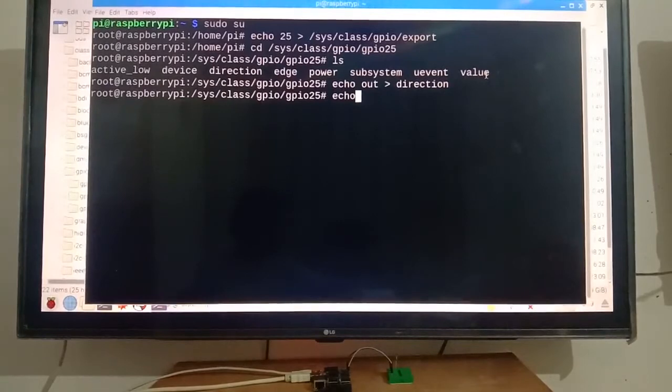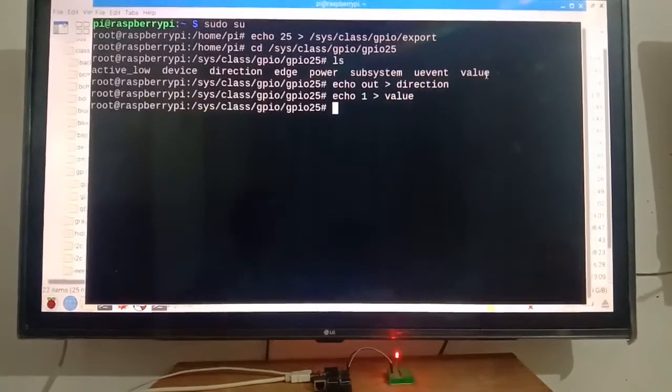So echo 1, and we want to write this at a place of value. Now look at the LED. After I press enter, you see this turns on. So this is how it works from the Linux kernel. From the command line you can use this, and you can also